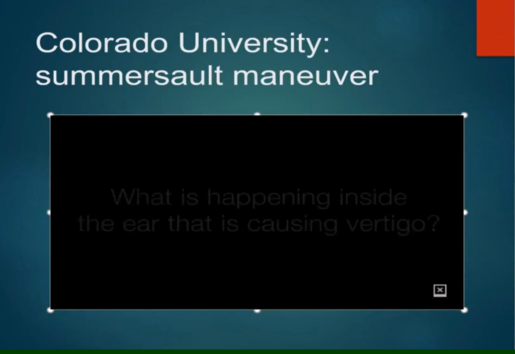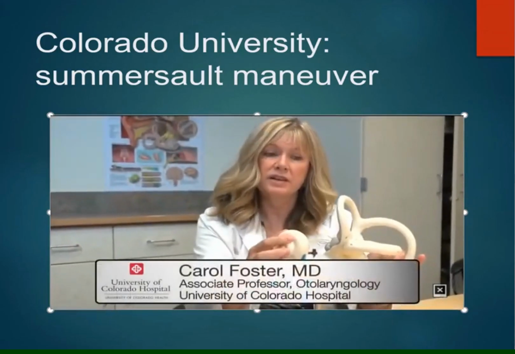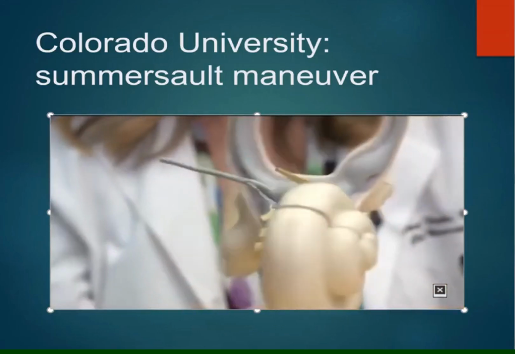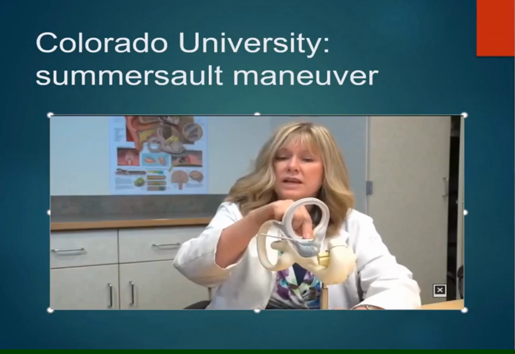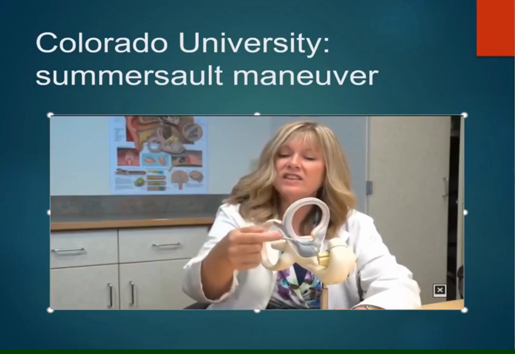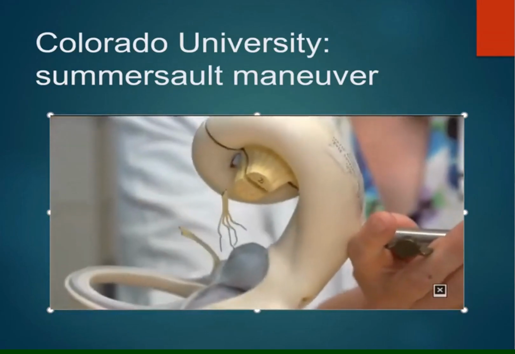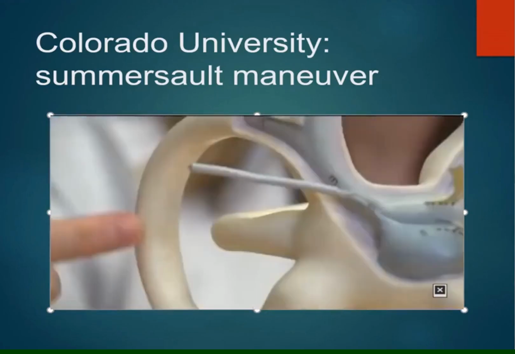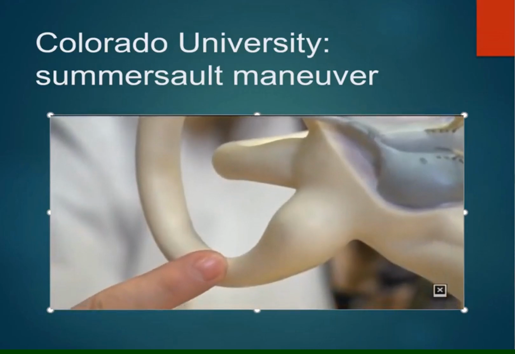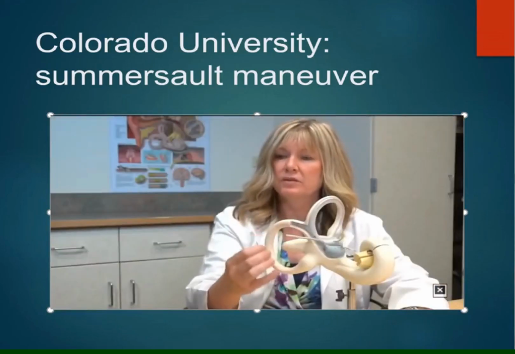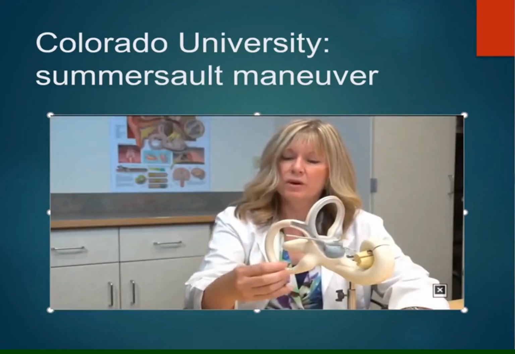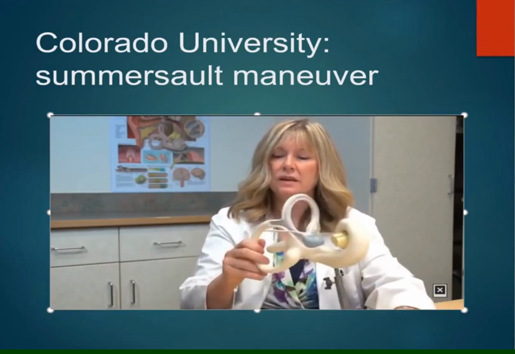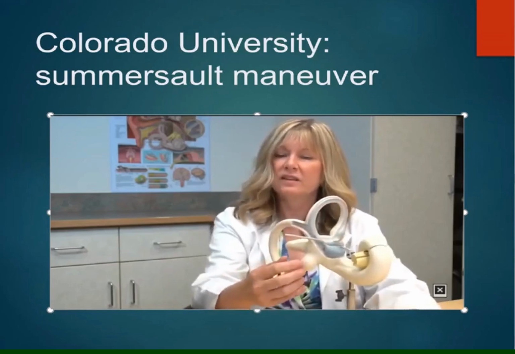So we have the cochlea, the hearing part of the ear, and then we have the semicircular canals, the spinning sensors. So what happens is the particles that are in the utricle can sometimes get into this opening. When you lie down in bed at night, the particles can just fall in by gravity. And then when you sit up in the morning, they get all the way down here to the bottom of the ear. But when the particles build up to a big enough clump that they form a piston in the canal, then when you move your head like this, the particles move a sensor in this structure, and you feel